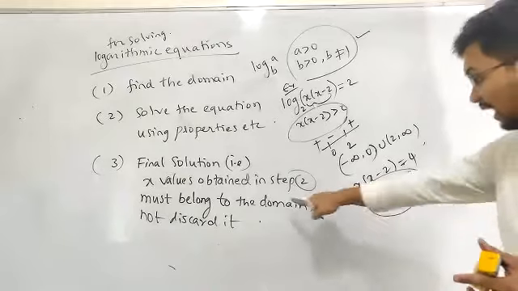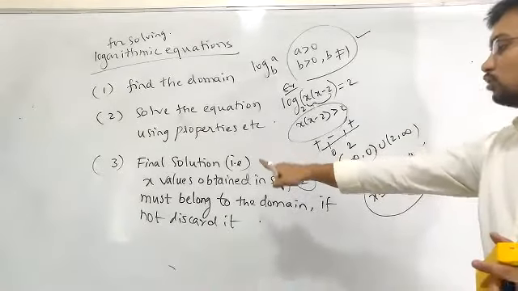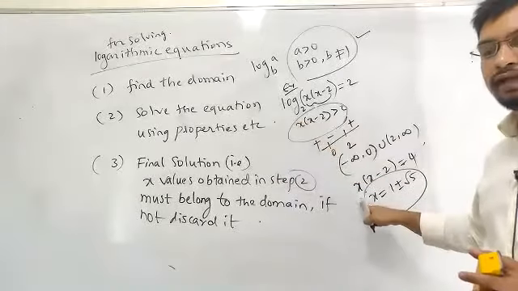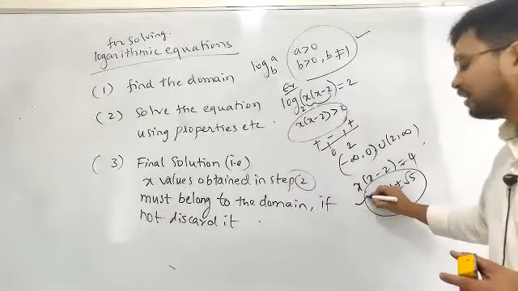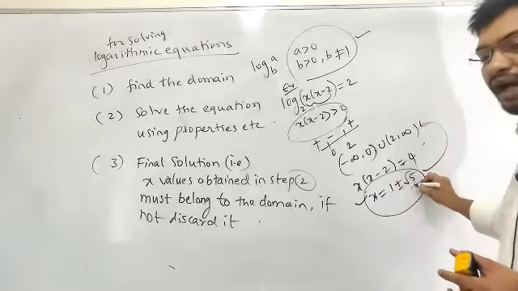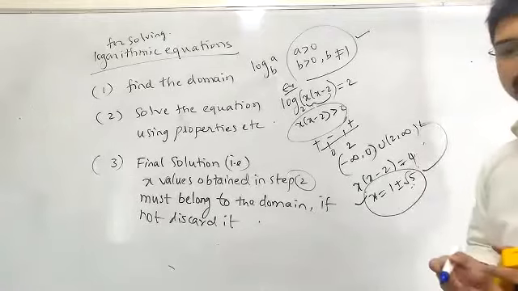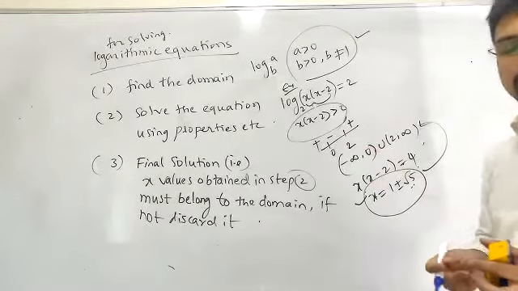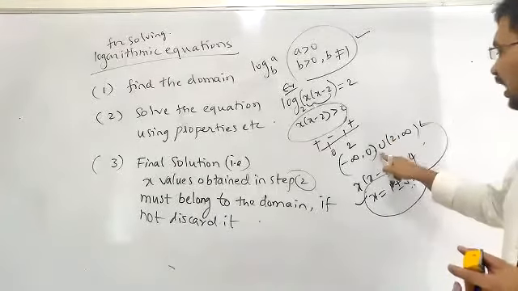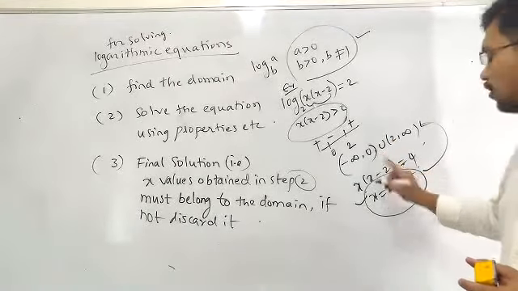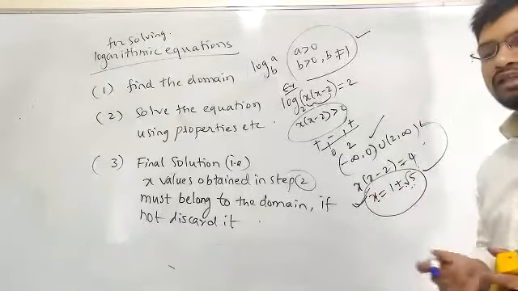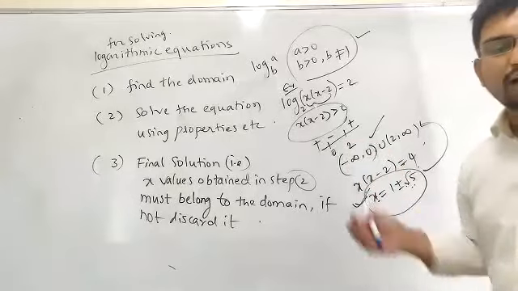Now in the third step, what I told you is that the final solution of the x values obtained in step 2. ఈ step 2 అంటే ఇది సింప్లిఫై చేస్తే ఈ వాల్యూస్ వచ్చాయి. These values must belong to the domain. అంటే ఈ వాల్యూస్ డొమైన్ లో ఉండాలి. డొమైన్ లో లేని వాల్యూస్ ని మీరు డిస్కార్డ్ చేసేయాలి. So I solved this, and I got values like this. So both these values belong to this domain. So both are valid solutions. ఇవి రెండు డొమైన్ లో ఉన్నాయి కాబట్టి ఇవి రెండు వాలిడ్ సొల్యూషన్స్.